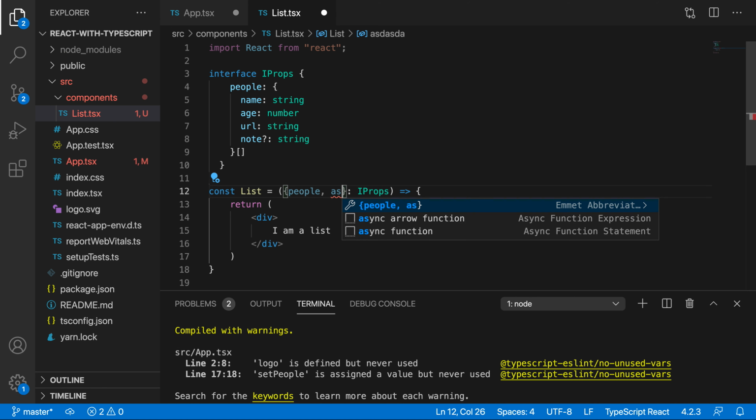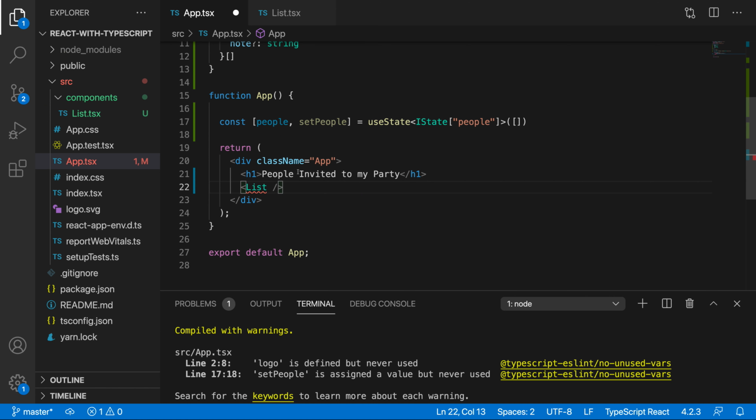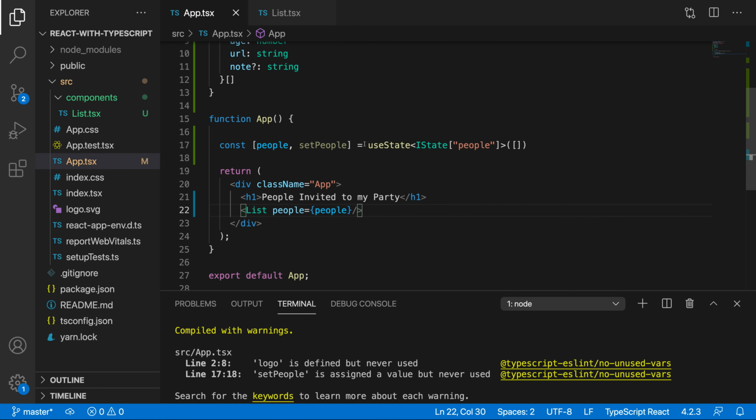So it does a lot of type checking in the child itself, but it also does type checking in the parent, saying that, hey, you gotta go ahead and actually pass in the people prop. So let's go ahead and do that. So there we go. That is really, really simple, and that's typically how type definitions are defined when passing